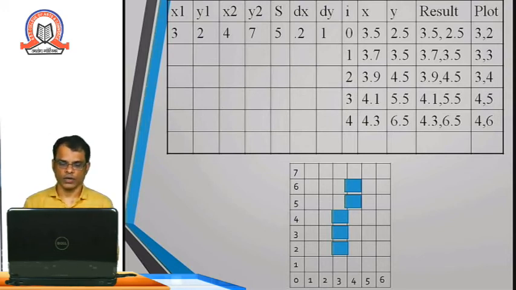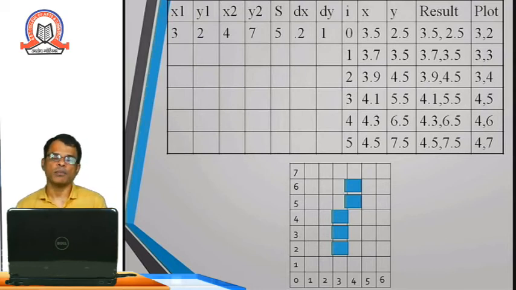Now the last point, that is the end. If you check, the end point is 4, 7. So now we will come to that point. Again we have to add 0.2 and here we have to add 1. So 4.5 and 7.5. So the new point will be 4.5, 7.5, and when we plot, actually we are going to plot 4 and 7. So that is our end point. So here we have to stop. This is the last point plotted. This way each point gets plotted and your line is drawn.